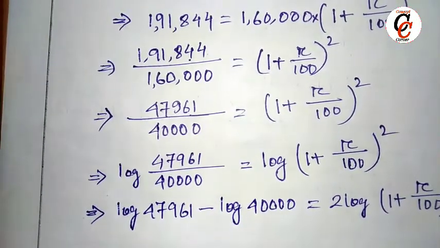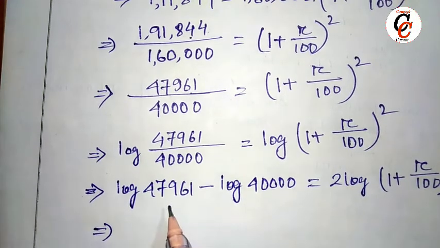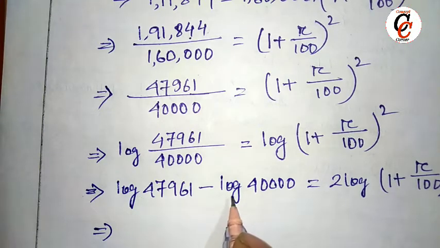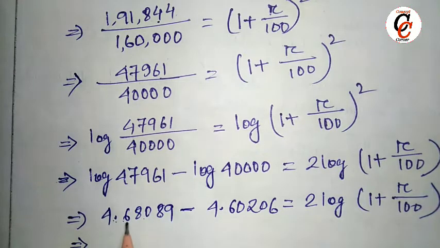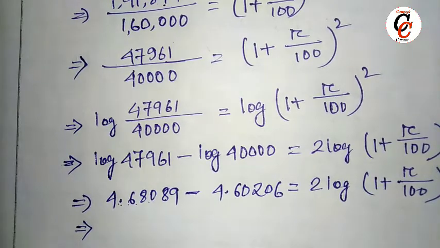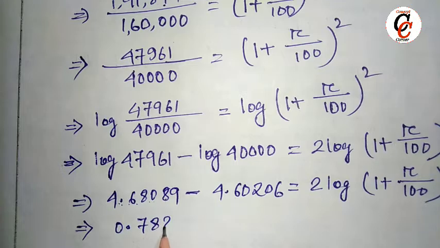So we have to find the value of log of 47961 and log of 40,000 from the logarithmic table. So I am putting the value here. Log of 47961 is 4.68089 minus log of 40,000 is 4.60206. So after subtracting we get the value 0.0788. So here 2 log